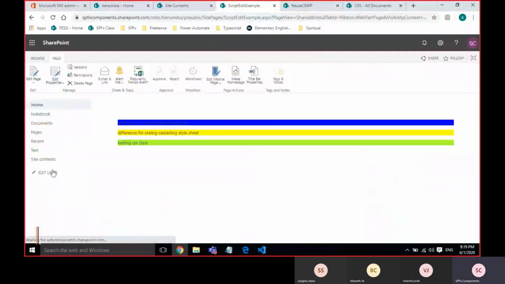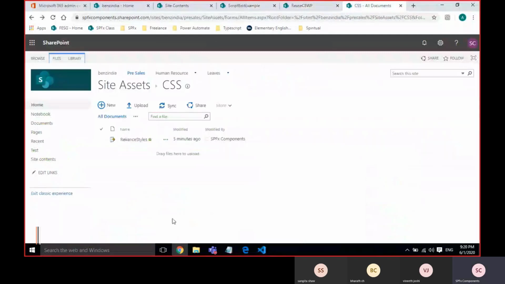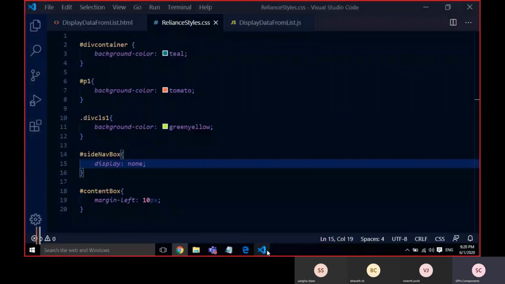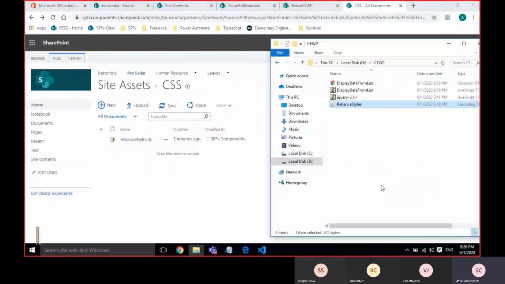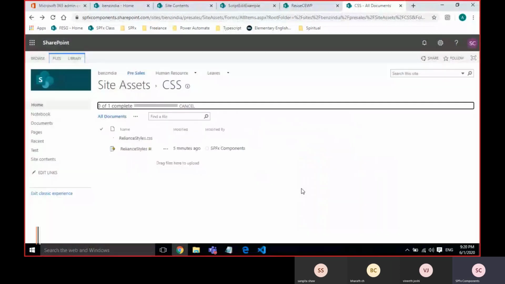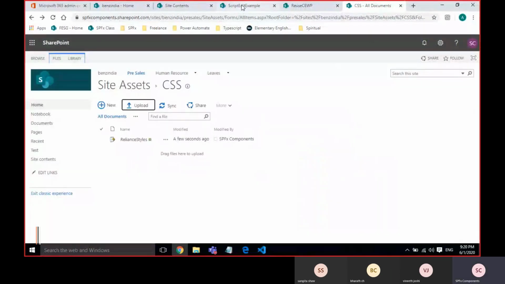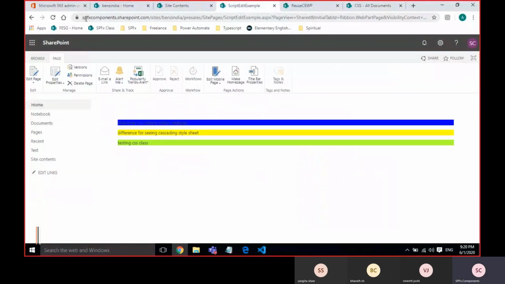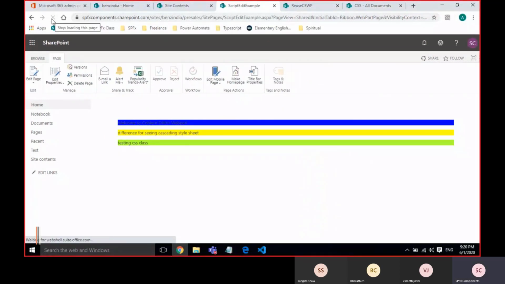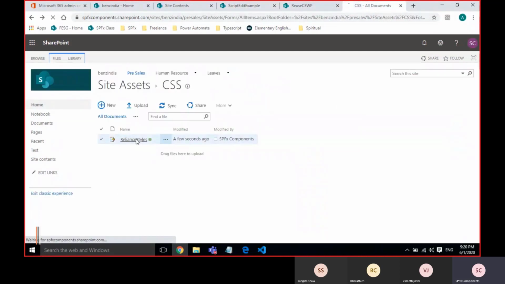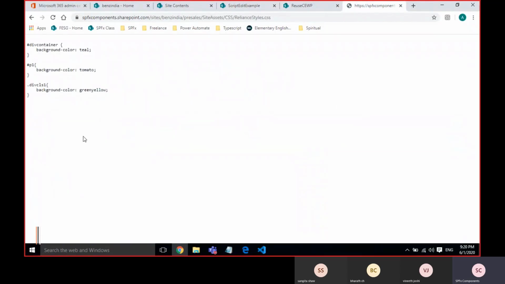Everything is clear now. I mean, quick launch is available. I have updated only CSS, right? So just update the CSS, replace. HTML, JS, everything is the same. Refreshing the page. As I told you, it is not working. The reason is the code was not updated.